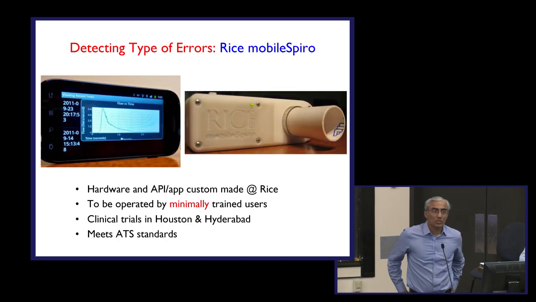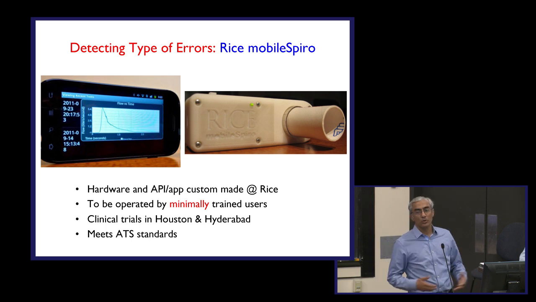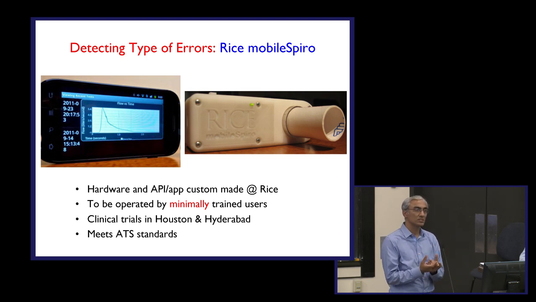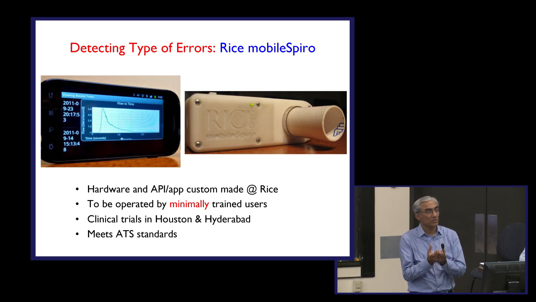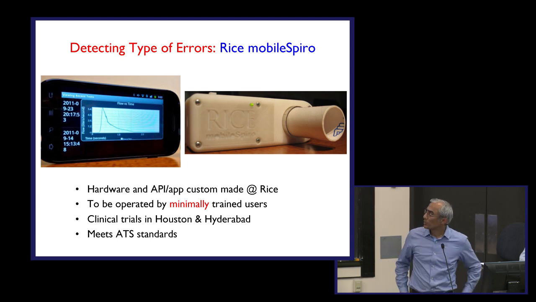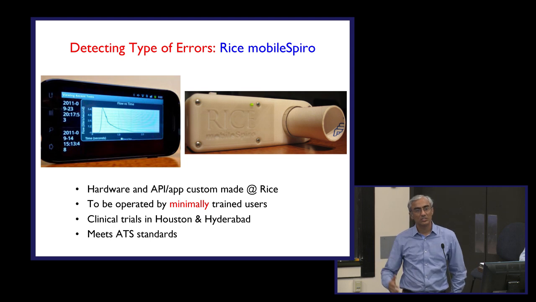The reason I mentioned Spyro was because we had built a Spyro, which we were demoing to folks there, which basically uses the mobile phone to do all the error checking which a technician does. Since the type of errors which happen in a spirometry maneuver are reasonably well understood, it wasn't very hard to do. So we built a custom Spyro. That is a 3D printed case on the right side, and then an Android app to go with it. And the objective of this design is, there are a lot of portable spirometers available in the market, that this could be operated by a minimally trained person, hopefully by somebody who has no training at all.